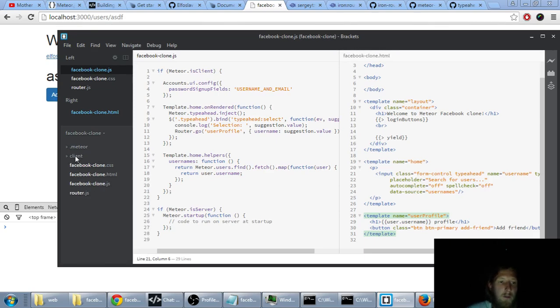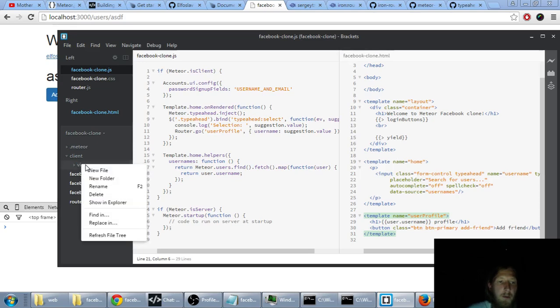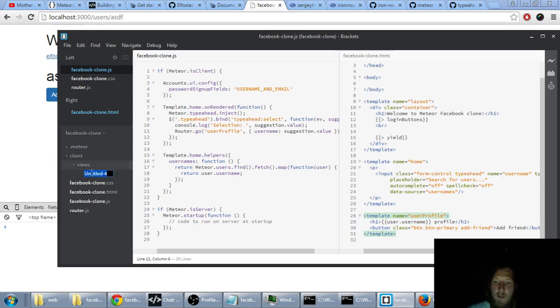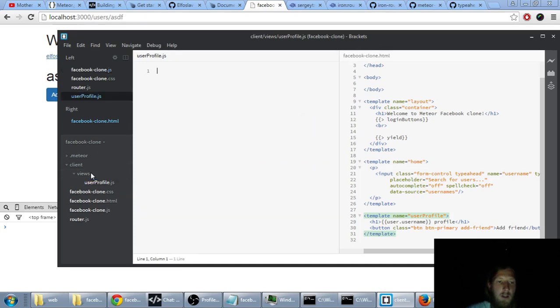There is a default folder client where I will create new folder views, and I will put like user profile.js, and here I can write template user profile event map,